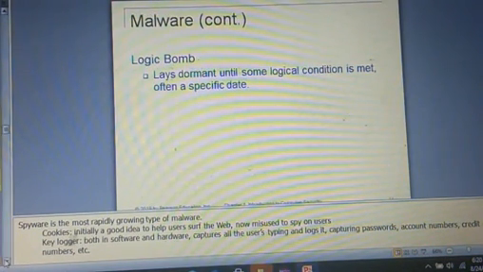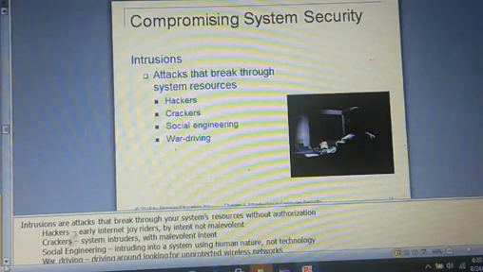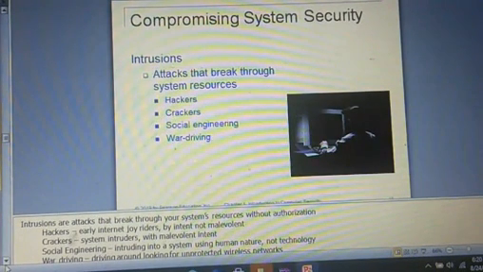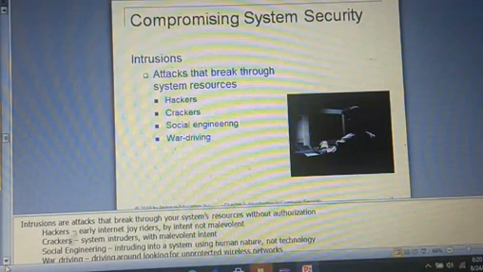And then we will move on to talk about compromising system security. We have intrusions, attacks that break through system resources. So we have hackers, we have crackers, we have social engineering, we have war driving. So hackers